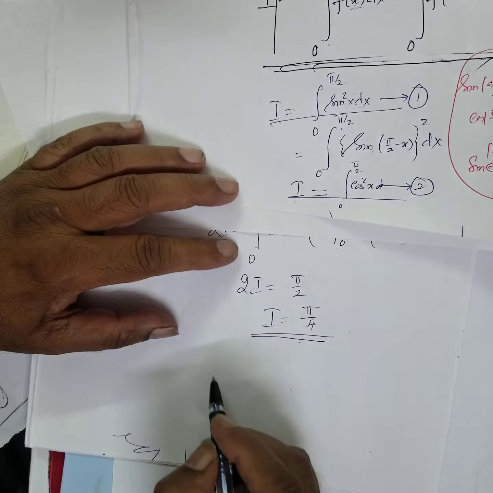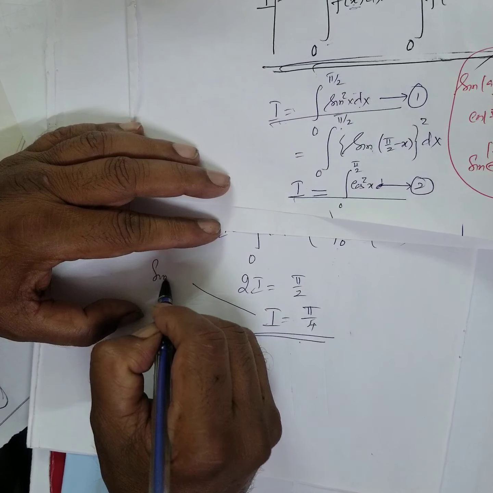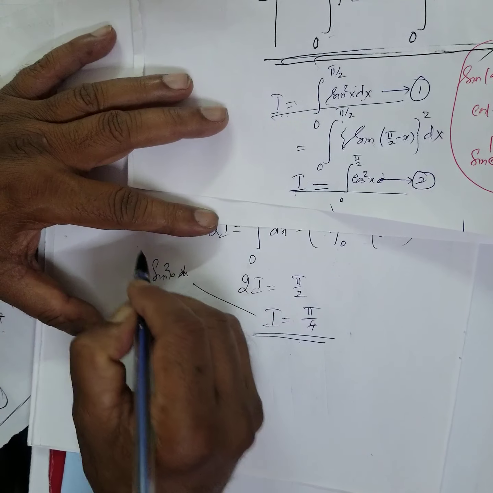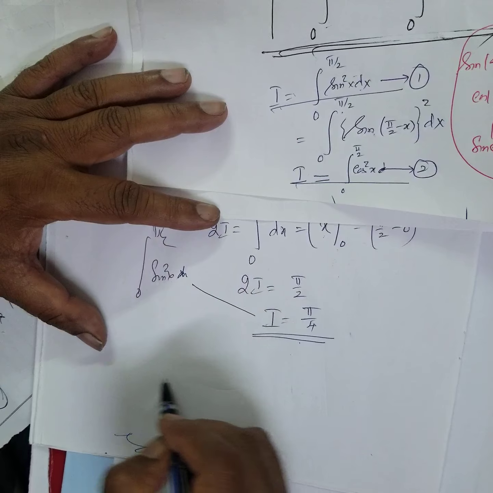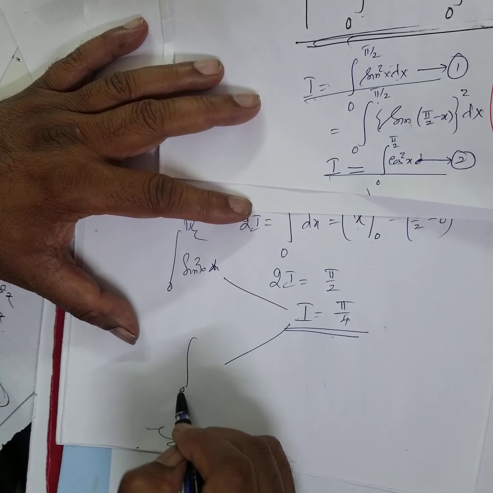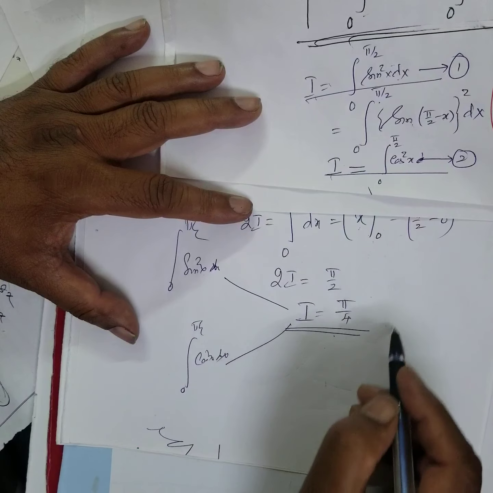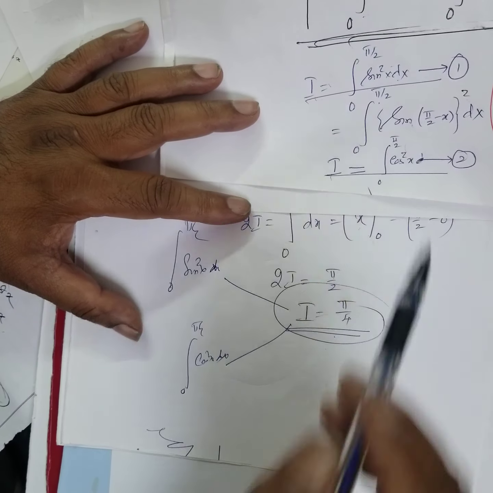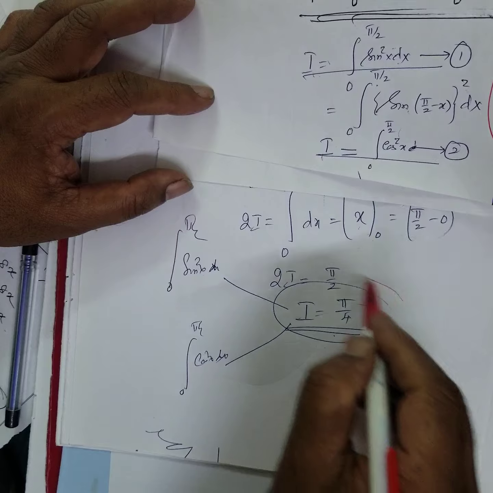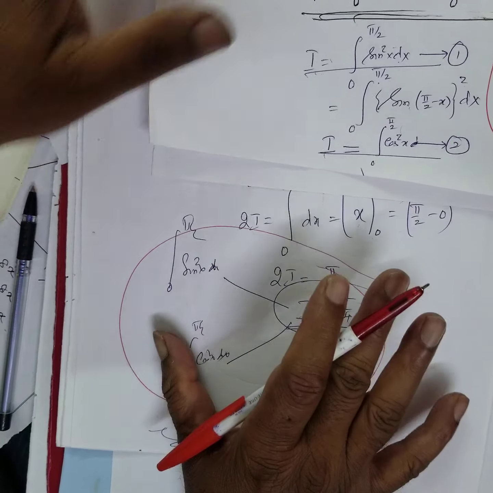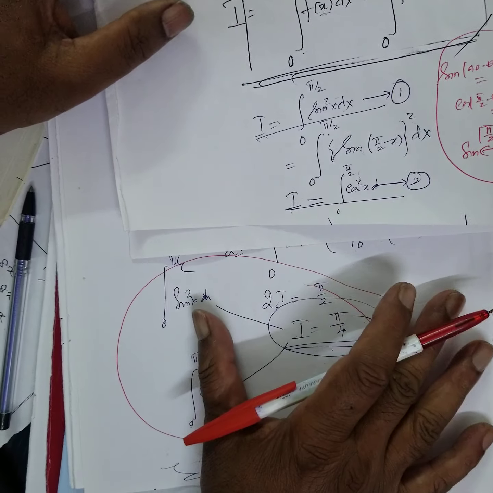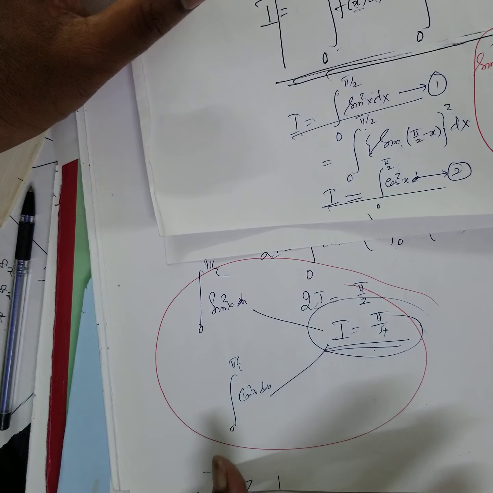But what is I? I is equal to the integral of sin square x dx from 0 to pi by 2, and I is also equal to the integral from 0 to pi by 2 of cos square x dx. Both are the same, is it not? Therefore, if you work out this particular sum several times, you can identify it. These are called identification problems. This is how you can identify such sums.